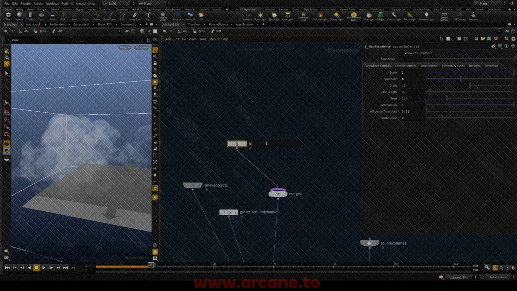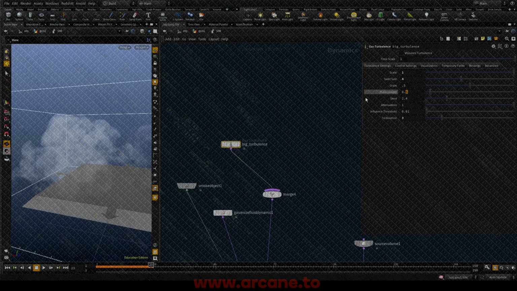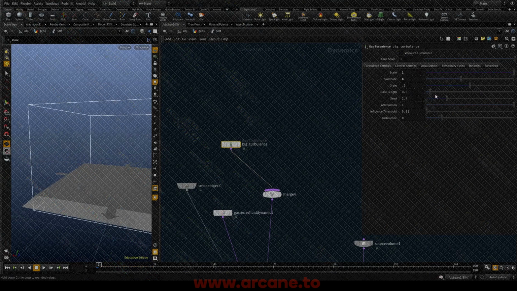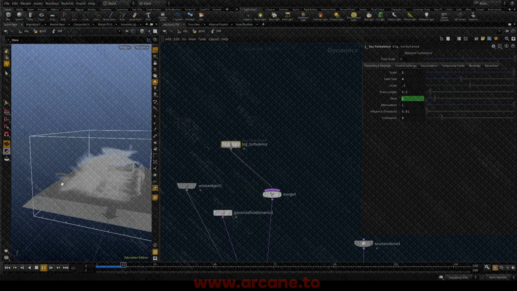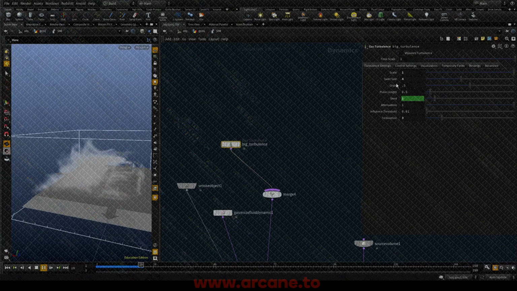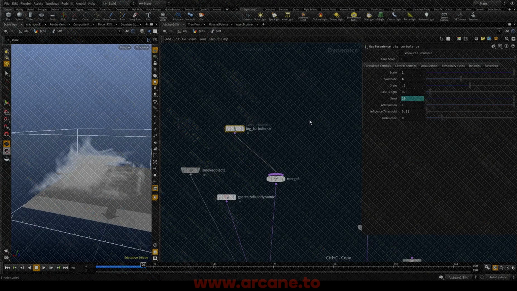And what I'd like to do, I'm going to call this big turbulence. I'd like to layer a few of these. And you can see there's this pulse length here. The smoke itself is animated, and that pulse length controls its change over time. There's also seed, which we can change every frame, and it will cause the noise to change drastically, which could help break up the details a bit more as well. So we'll change that seed,